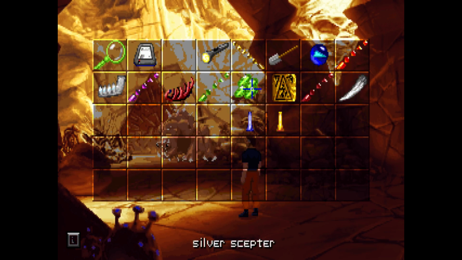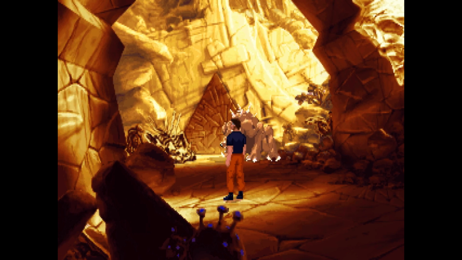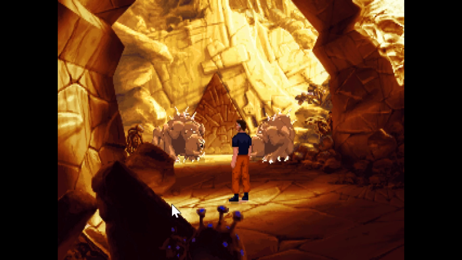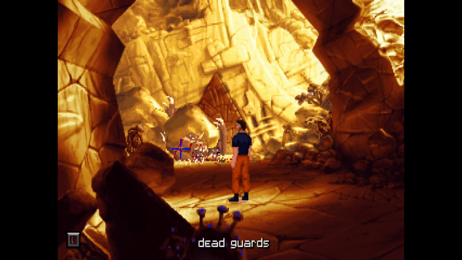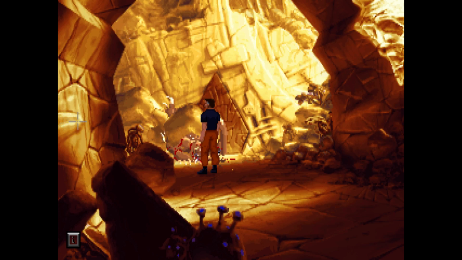Interesting. So let's throw a glowing crystal with the broken bones. When I have two of them. Look, it's the ugly twins. Well, apparently they're not very friendly. That worked out rather well. That'll teach you guys not to mess with Boston Low, Space Commander. I thought particularly they would run off and frolic in the woods. I did not think they would attack each other. A species that immediately attacks itself is...